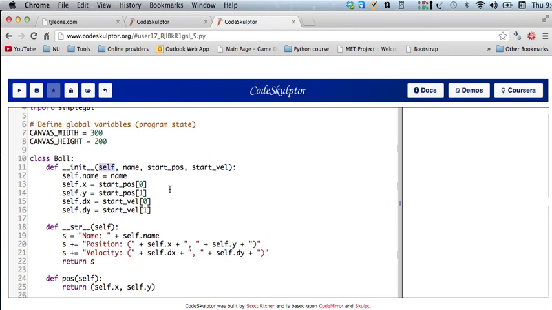Self is actually a ball object. So we could have called it this and made all the names x and y work too. But the convention in Python is to say self, and the reason we have conventions is because when you're